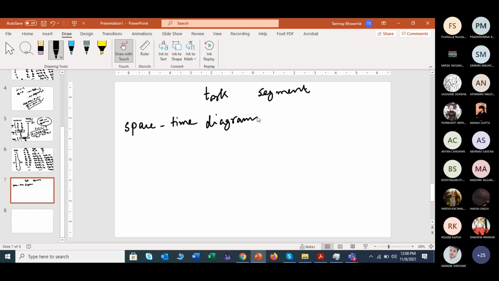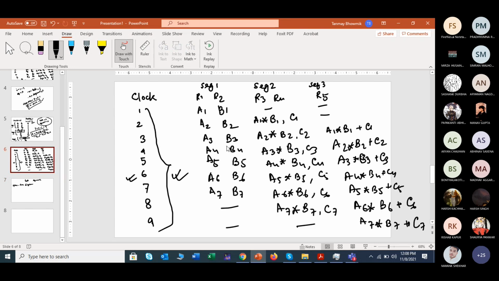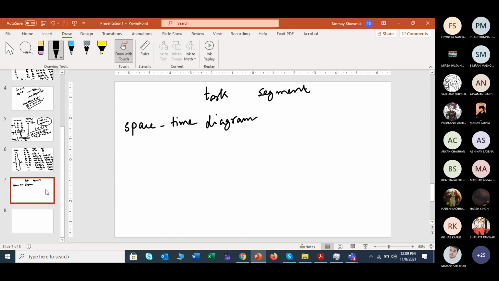So what will be here in this space-time diagram? Here we will keep the segments one way, we will keep the total pulses another way, and we will put the tasks into those boxes, and we will check how many boxes will be required. Just like here, what has been completed in a tabular format, or you can say column-wise representation, that type of thing will be represented in some other way. What is that format? Let me first create some sections.